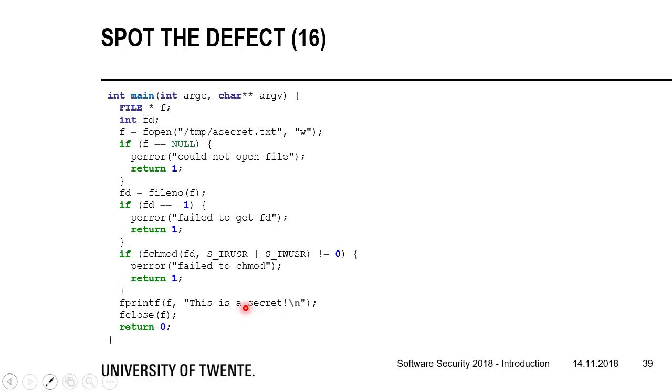Even worse, what can actually happen is that the file isn't there, and actually in fopen you can also pass flags to fopen that make sure that when the file is already there, fopen will fail. But we are not doing all our file operations here in an atomic way. So here we are calling fopen, and here we are changing the permissions. And between here and here, the file is already created, but readable by another user,